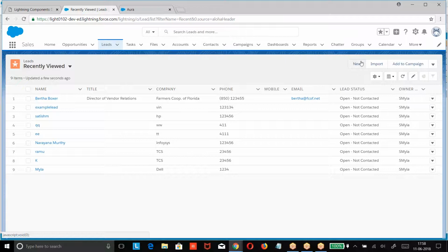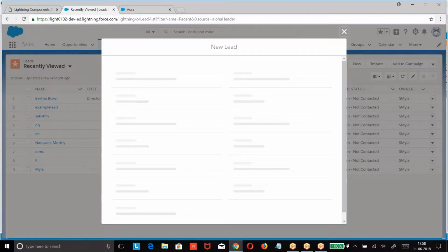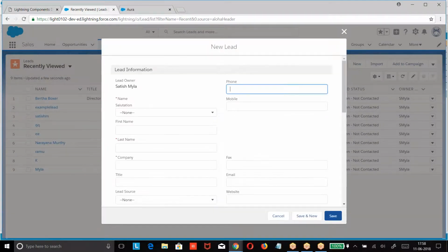Whatever the standard button they have given, I want to replace with my custom logic. When I click on New, this is a standard modal page generated by Salesforce. Now I want to replace this with my custom logic. So how to override standard buttons with custom logic is the concept we are learning.